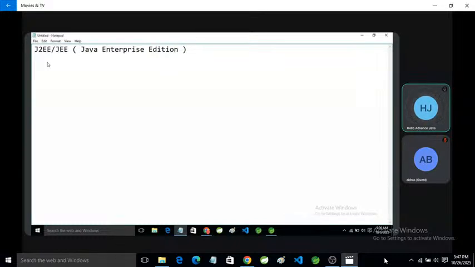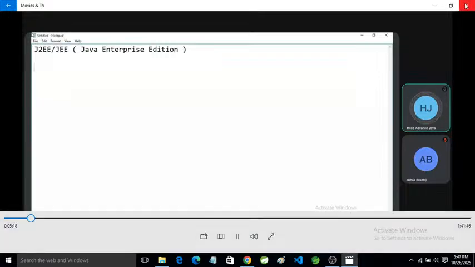Okay, but suppose we develop a website, a web application, and host it on the internet. So from the whole world, any person can interact with us. That is beneficial for our business. So same thing here, if we want to develop a web application or website, we use JEE or J2EE. Okay. So if you want to access any website or any web application, we have